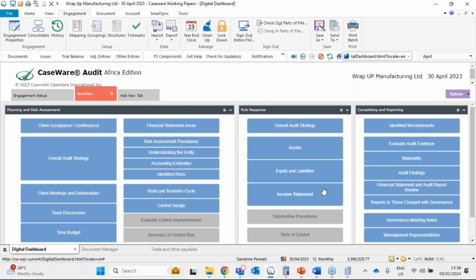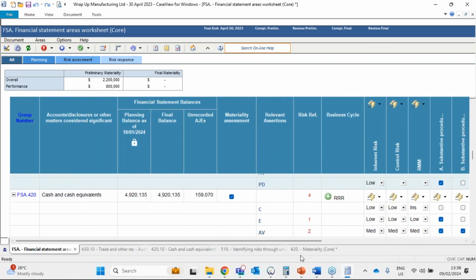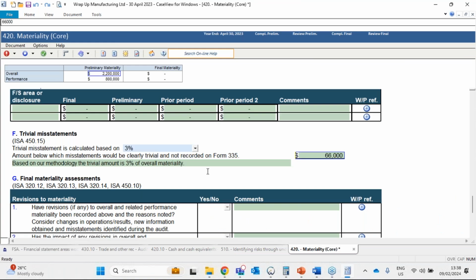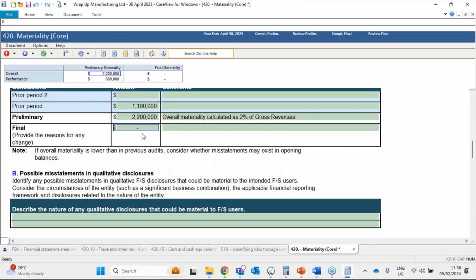That's responding. Then upon completion, all the risks identified, all the unders and overs will then be assessed. That you will do the assessment on, again, the FSA. And then you will finalize your materiality once again. Once you've done all of the work, you need to go back on 420 document and then finalize on your materiality amount. You're telling the software,